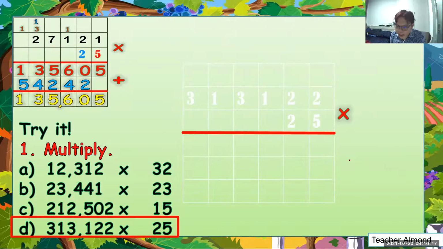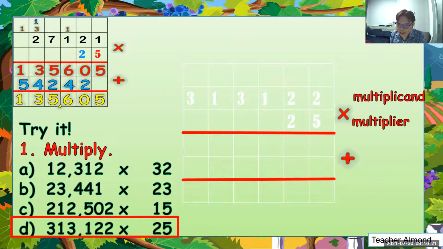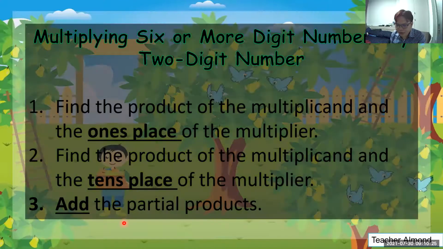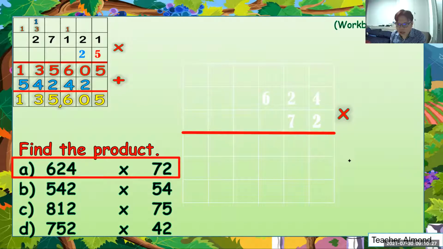Okay, last one we have. For the last one, you can continue it by yourself. Understand? Okay, now let's continue with 624 times 72 again. So what do we do? We multiply from ones first, then tens. So for example,